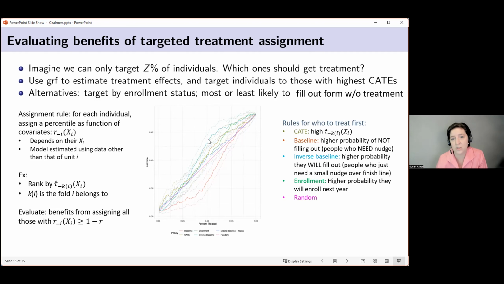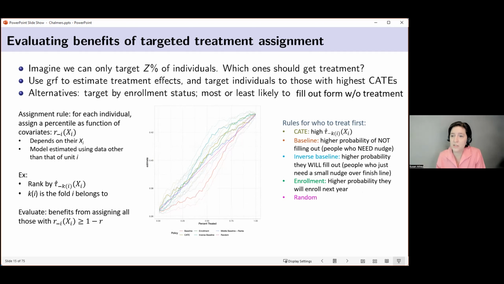And you can think of that as targeting based on just a single goal. And that is based on the estimated prior probability that people would fill out the form to start with. So basically what we're finding here is that targeting people that were already likely to do the activity for a nudge is most effective. It can also be effective to target people based on enrollment, and enrollment is actually the highest predictor of whether they will fill out next year. The worst possible thing is to target people who weren't likely to fill it out.